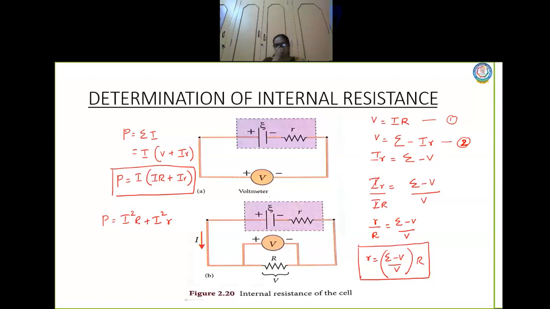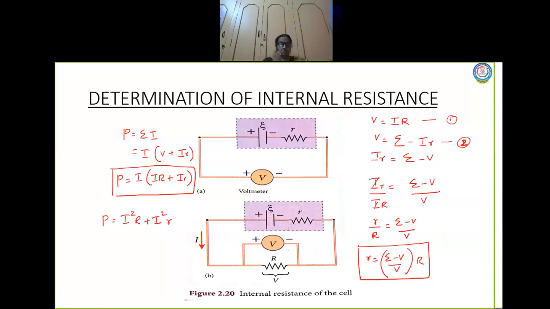Here the electrical device is nothing but the resistor. So I square R is the power delivered to the cell, and here I square R is the power delivered to the resistor. Now, whenever we talk about internal resistance, it is often considered to be negligibly small, so we will not bother about it in our circuit. For a very good battery, we consider the internal resistance to be very small. Children, are you able to understand?